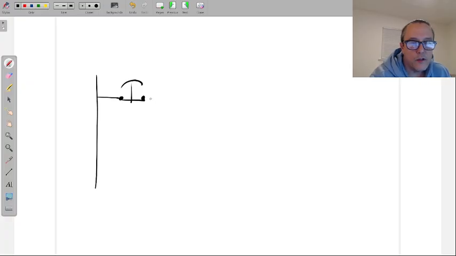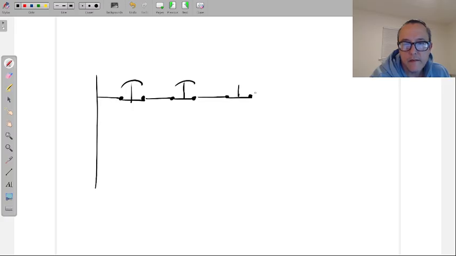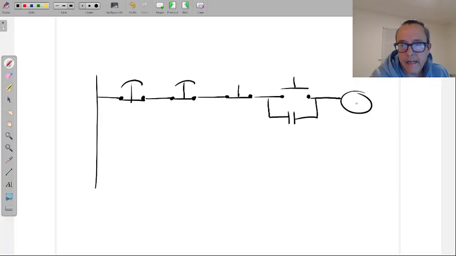You can have one, you can have two emergency stop buttons, however many the machine is required. And then you have your regular stop button, and then you have your momentary, normally open push button, and then energizing whatever the load is. Let's just put a motor starter